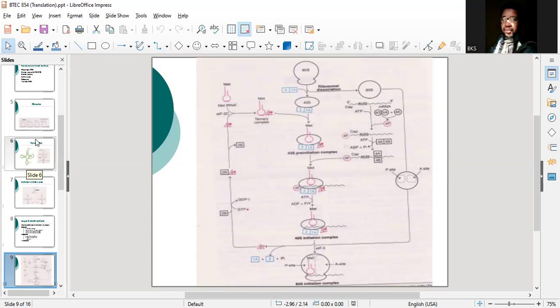Of course, quite a number of these ribosomes are needed for protein synthesis. So also we have this ribosome with the help of eukaryotic initiation factor 5. The 48S initiation complex will now bind to the 60S ribosomal subunit to form a complete ribosome, which is the 80S initiation complex, ready for the synthesis of protein. And we can see we have the ribosome, we have the messenger RNA, we have the transfer